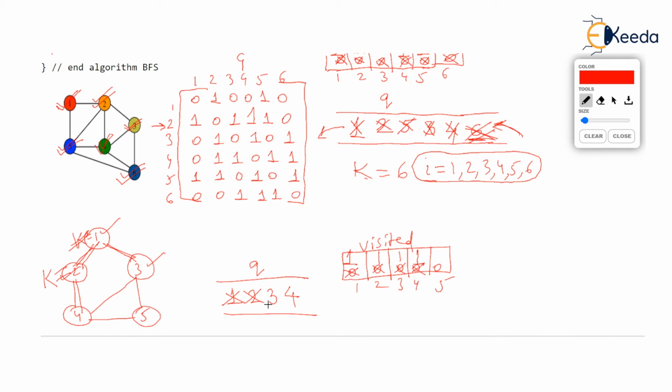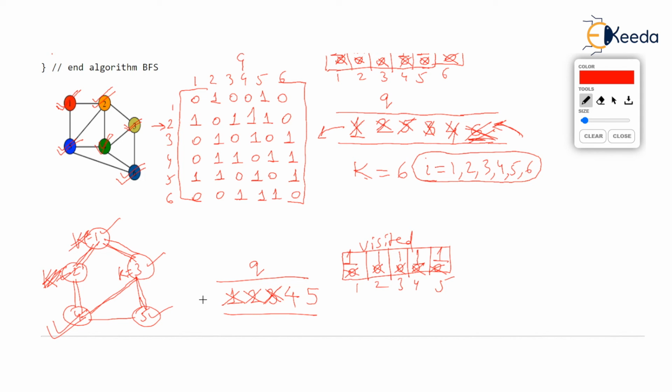Alright. Now we go back to while again and delete the frontmost, that is 3. That means K is now going to be 3. Oh, I forgot to mark 4 as checked, because 4 is now visited. Now after deleting 3 from the queue, K is 3. And we will print that vertex 3 and see who are the neighbors of 3. Now neighbors of 3 are 1, 4, and 5. But among these neighbors, 1 and 4 are already visited. They are checked as 1. Only 5 is pending. So 5 will be inserted in the queue and 5 will be marked as visited and checked.